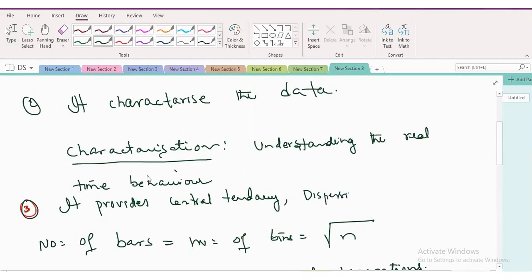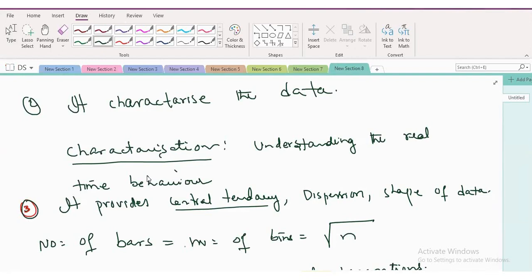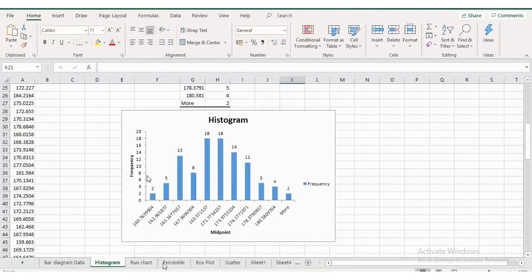We will get into these details afterwards. And the shape of the data. What is the meaning of the shape? We'll talk in detail afterwards. But what I'm trying to say is, what is the central tendency? The center. Where is most of my data concentrated? What is the center of my data? This is called central tendency. All are with me? So where is my central tendency here, by looking at this?